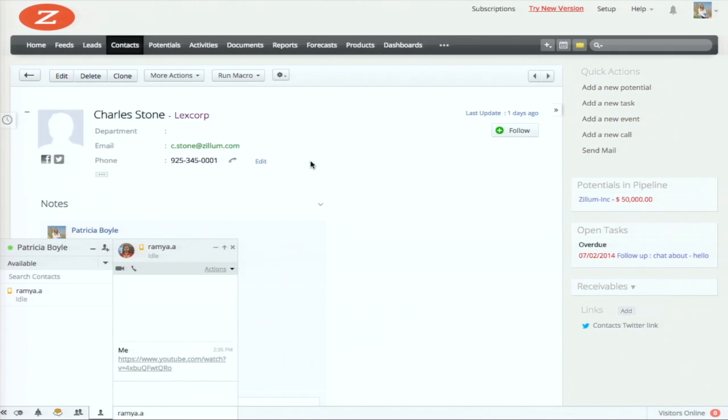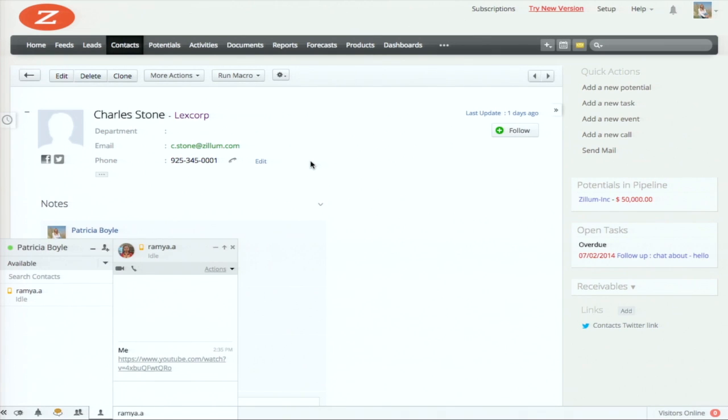But if you look at what's powering all of these, this chat, audio conferencing, video conferencing, web conferencing, all of this is coming from our productivity and collaboration suite. And in case of sales people, when integrated with CRM, it's extremely powerful. And there's one other thing we missed, email as part of the communication stack.